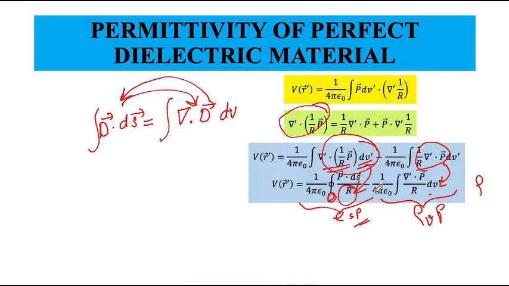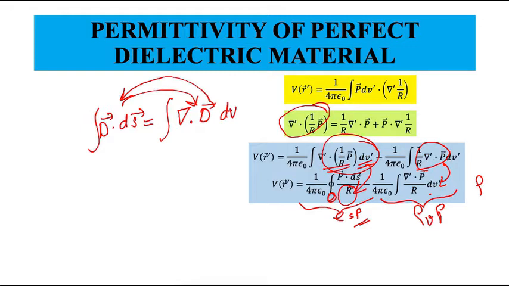Just to emphasize the fact that these are bounded to the material, they are not available as free charge, at least on macroscopic scale. So we have shown something using mathematics. We did some theorems, we did another theorem, but what is physically there? Where is the volume charge and surface charge physically coming from?